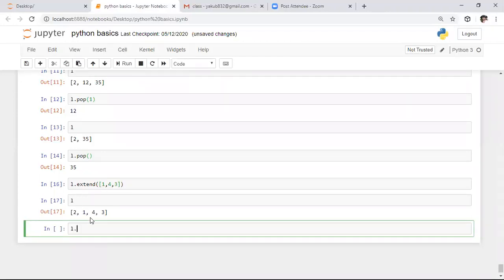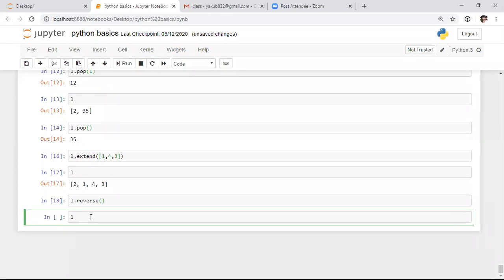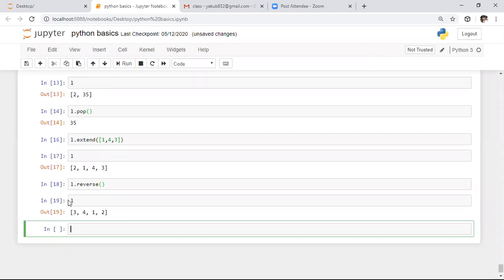After this, here I'm using the clear function. Clear is a function which is used to clear all the attributes present in a list. Before this, here I'm using the reverse function to reverse the existing data structure. Initially I'm using the reverse function, and after this I am observing the output. Whenever you apply the reverse function, this entire list's attributes will be reversed. Whatever value is present at the 0th index will come at the end of this list, and whatever value is present at the end of the list will come at the first location. That is the purpose of this reverse function.